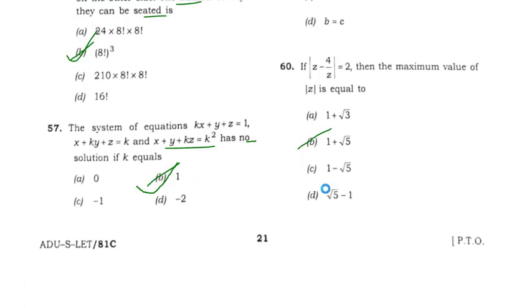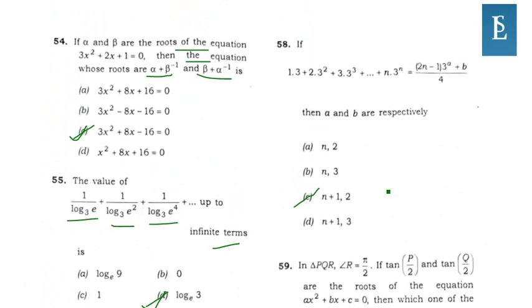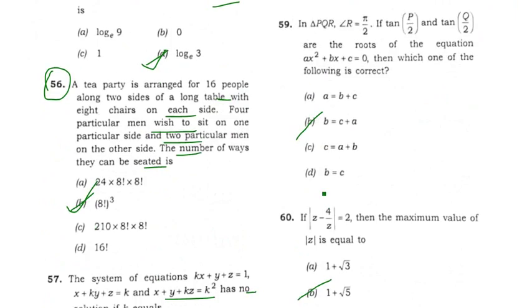Anyway, next question is: if 1·3 + 2·3² + 3·3³ + … + n·3ⁿ equals ((2n − 1)·3^(n+1) + 3)/4, then a and b are respectively n + 1 and 2. Okay, next: in triangle PQR,